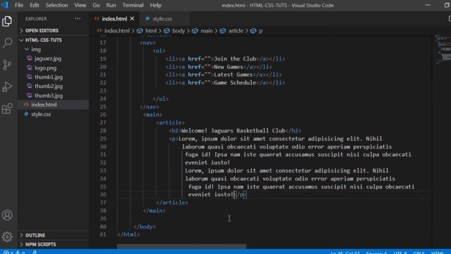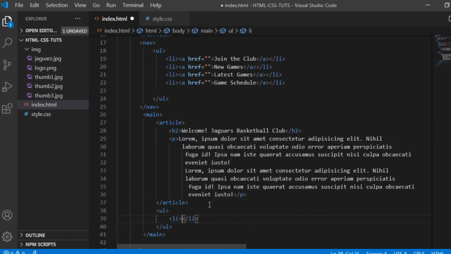And then after the article, guys, let's create a UL, or the unordered list, for our images, the thumbnails. Okay, so after the article, so let's create a UL. So under the UL, guys, there is a list.